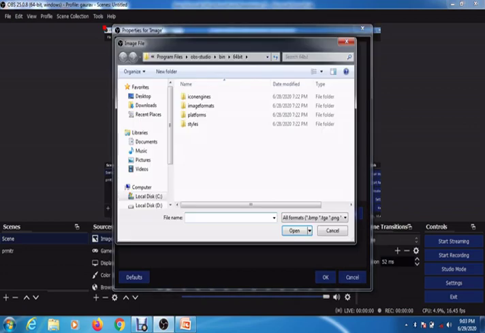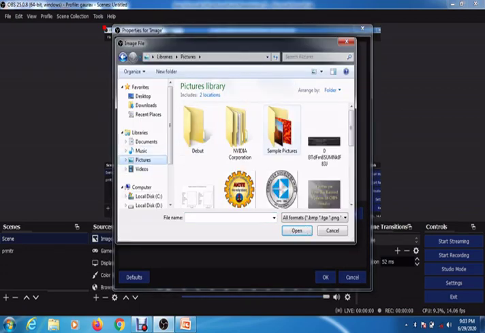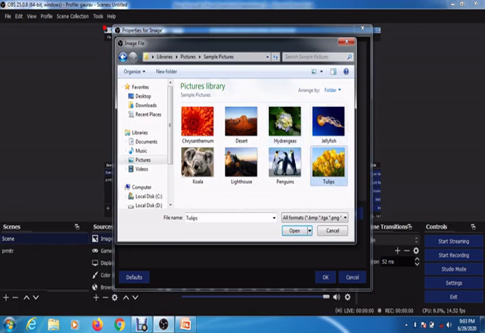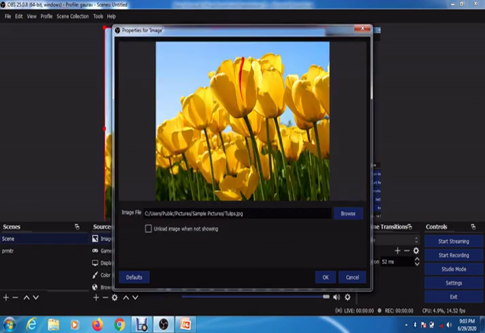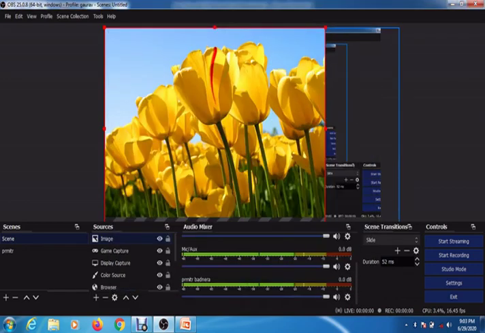If I click on this browse option and I select any of the sample images, suppose this is nothing but a sample image which I am using, and I'll click on this OK. If you click on this OK, now you can see the image is also opened in your recording. So basically two things are mostly used in the recording, this image and media source. We will see what a media source is in the next source. So you can add an image in your recording with the help of this image source.